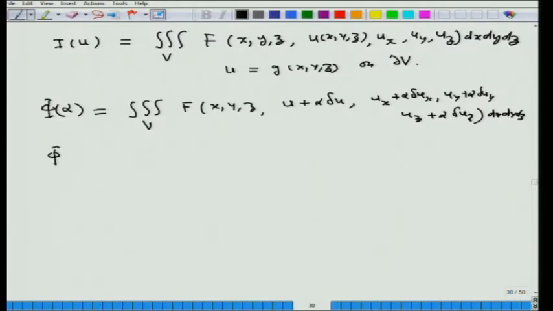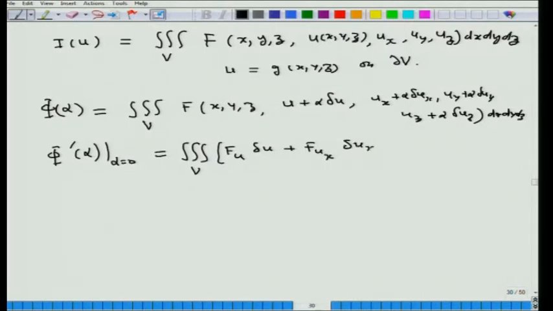And then phi prime of alpha, evaluating at alpha equal to 0, we will have this: f_u delta u plus f_{u_x} delta u_x plus f_{u_y} delta u_y plus f_{u_z} delta u_z,